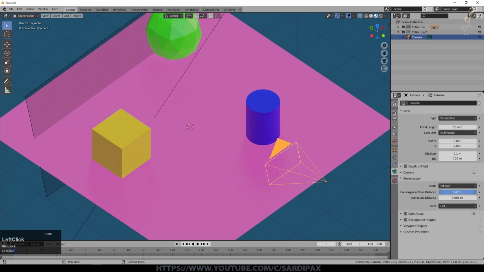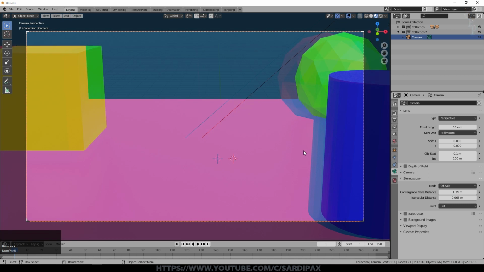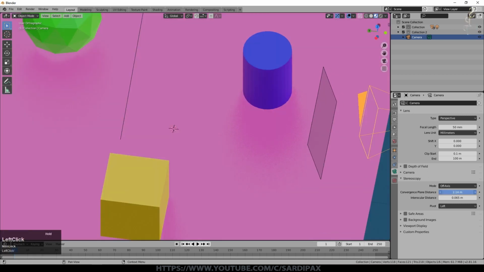So if I put it here, all of these objects would appear to be in front of that window through which we are looking. Obviously, if I bring it right up to the camera, everything is going to appear to be behind the camera. But I think somewhere around there is a reasonable distance. This one, it's worth leaving at default. I measured my own eyes, and they're somewhere in this range of about 6.5 centimeters. It's not going to completely break the 3D experience if you select a different interocular distance.